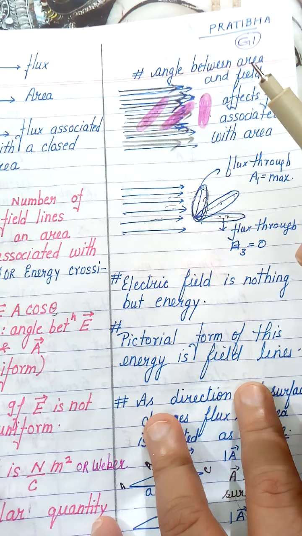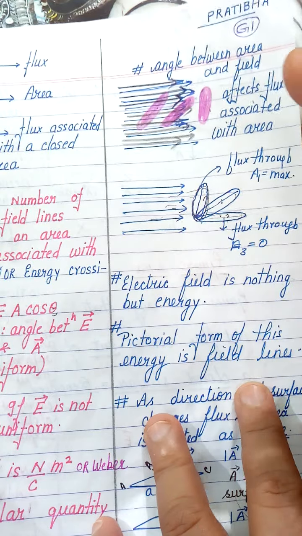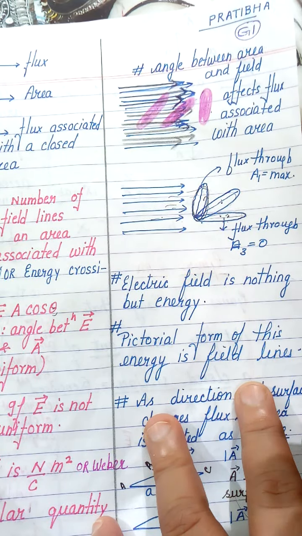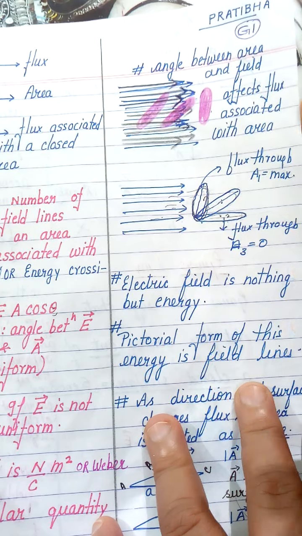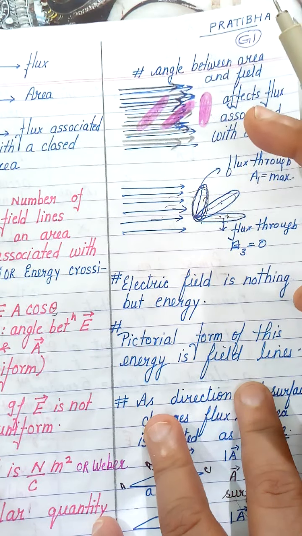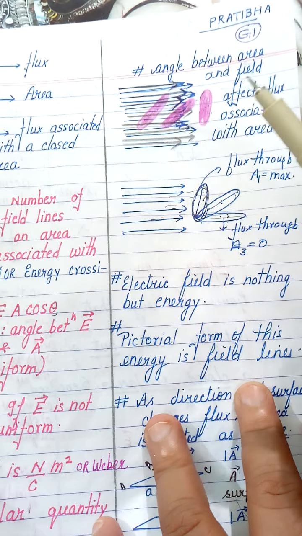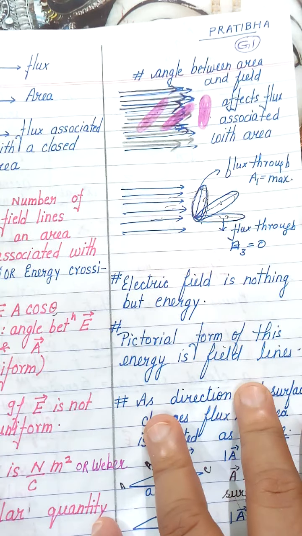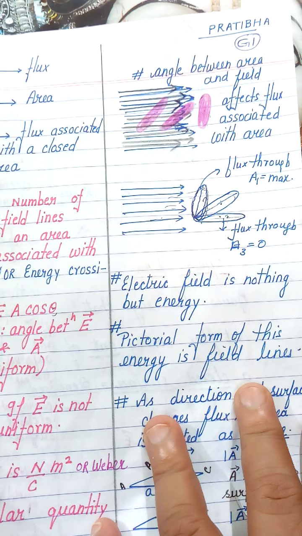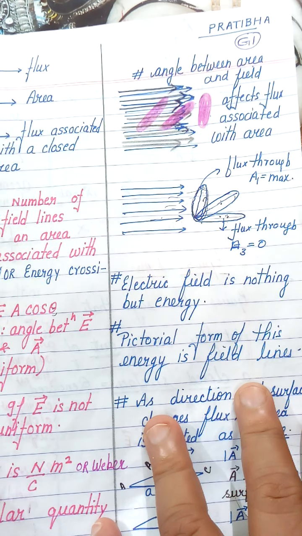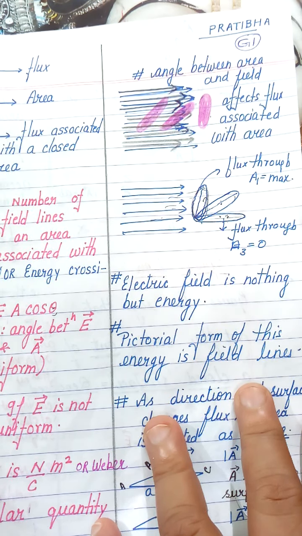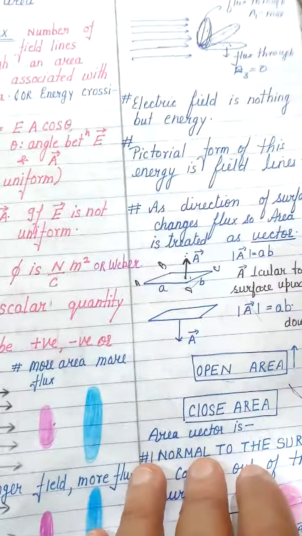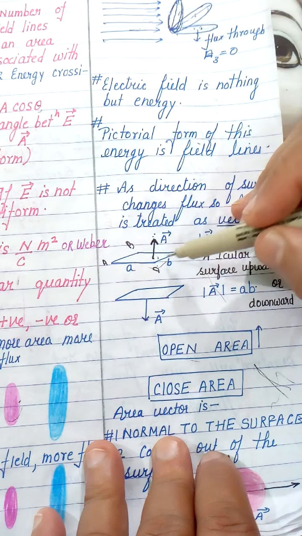the theta. And remember, pay attention that theta is here angle between electric field and area vector, not electric field and surface area, but area vector. Actually, we devised area vector because the area and its direction, its orientation is changing the flux. So actually we defined area, we treated area as a vector, and we said that area vector is always perpendicular to the area,